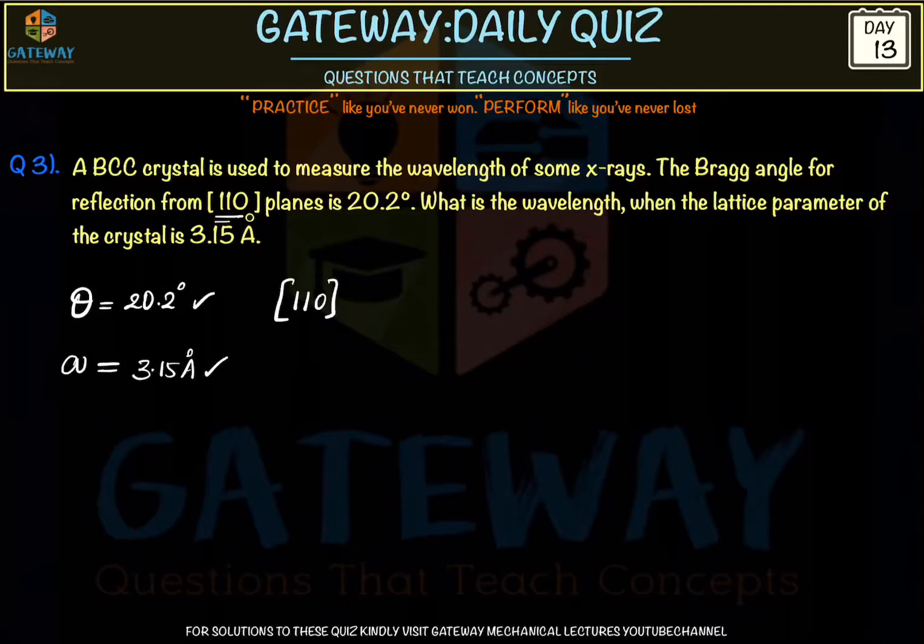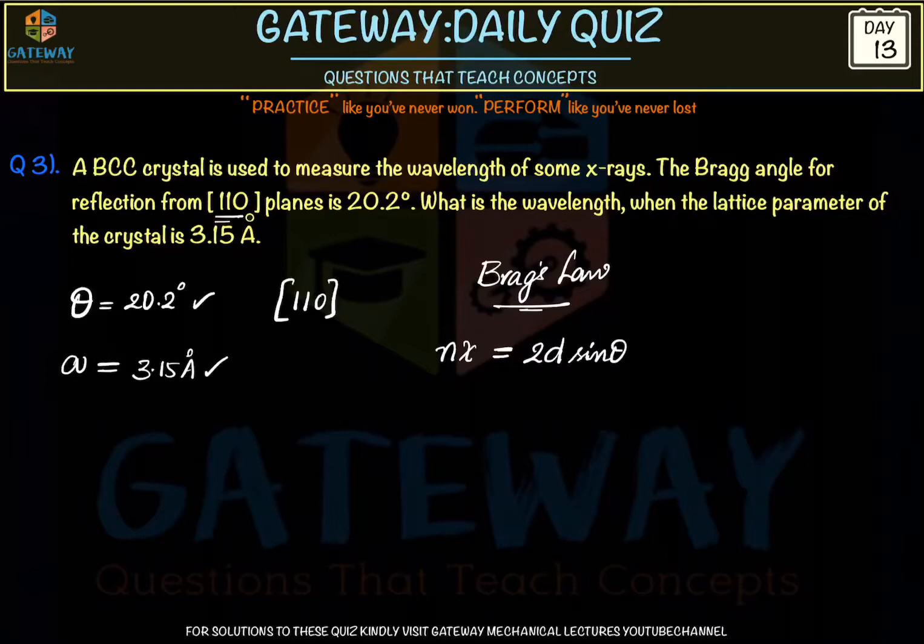And generally from the X-ray diffraction technique and Bragg's law, the output is that for constructive interference the path length is given by n lambda, and for destructive it is n by 2 lambda. That all you can get from some standard textbook. Here for constructive interference the path length is n lambda, and there is a derivation for this, which gives 2d sin theta. You can refer to a good textbook to understand X-ray diffraction. It is not too important. You need to know at least Bragg's law. So n lambda is equal to 2d sin theta.